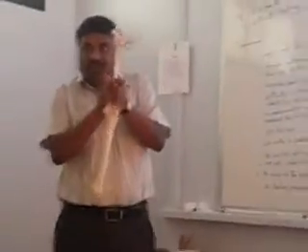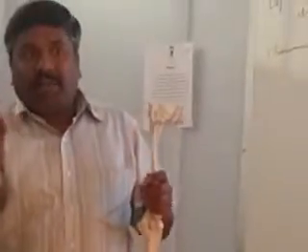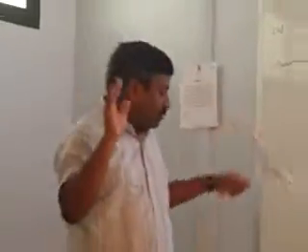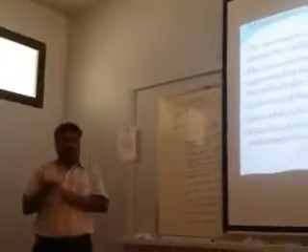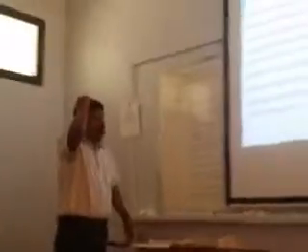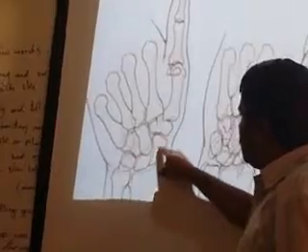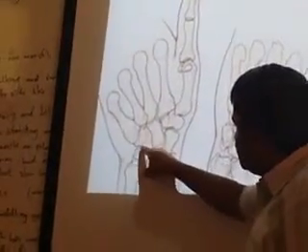There is slight gliding movement at the mid-carpal joint during abduction. Very good. So this is about the movement at the wrist. Remember this point: adduction, flexion and extension take place at the wrist joint. That is about the movement at the wrist joint. This is the mid-carpal joint. This is the proximal row and this is the distal row. Between them is the mid-carpal joint.